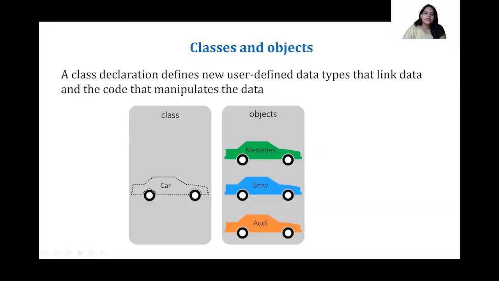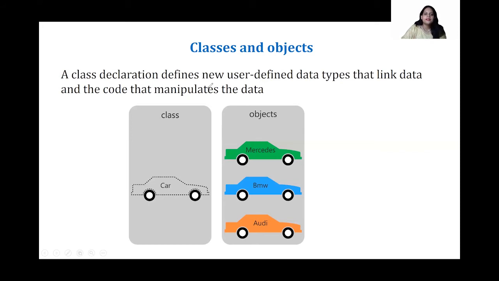So today we are starting a new chapter, which is chapter 7, classes and objects. In this lesson, we are going to mainly focus on classes and their objects: how to create them, how to declare them, and how they are related. So let us start. The very first thing is, what are classes and objects?